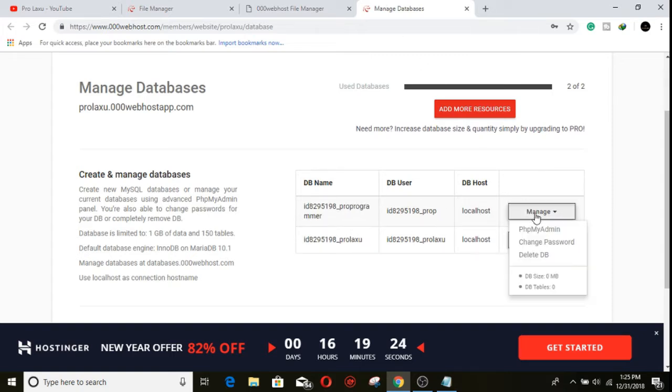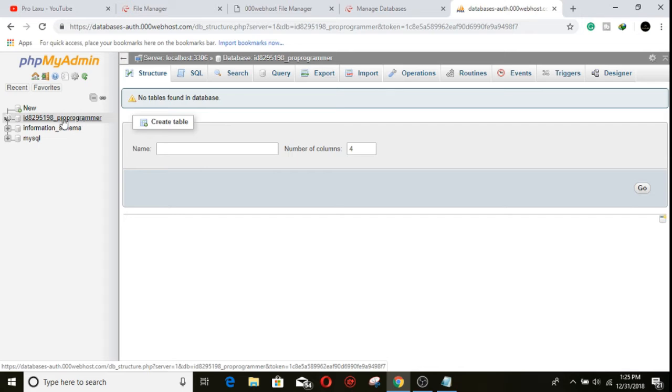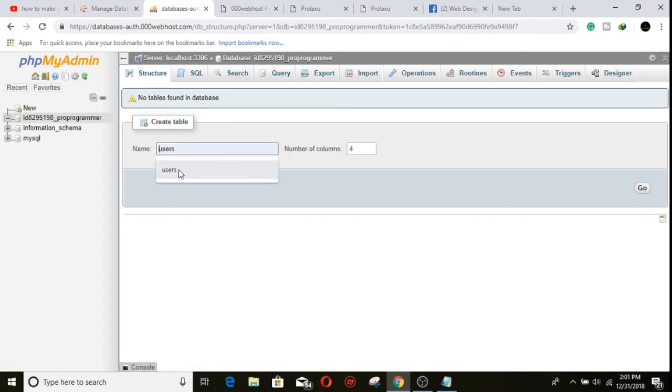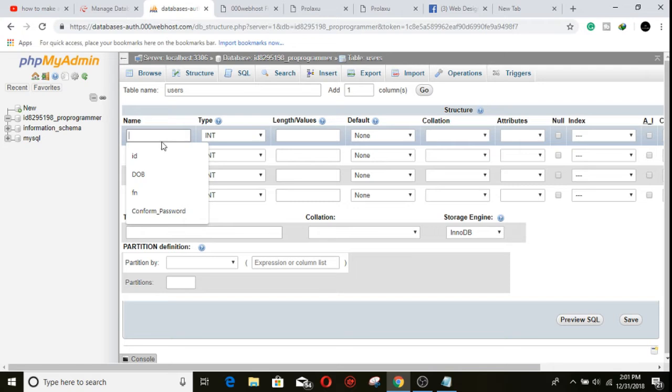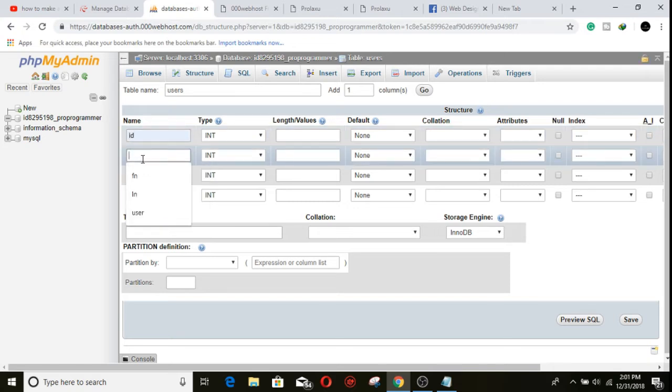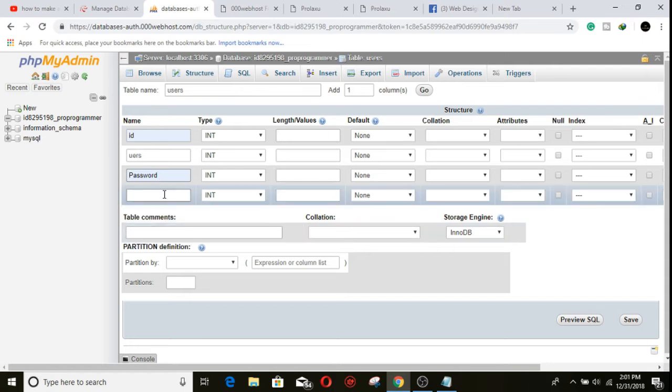So go to manage my PHP admin. So we are here. This is our ID. Let's click on it. Let's create our table. Okay, let's click ID, and our user for username and password for password, and